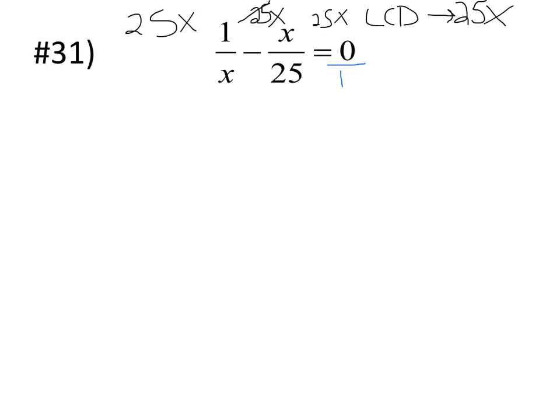Okay. Here the 25's cancel. Here the x's cancel. And in the last part, nothing cancels. So you're left with 25 times 1, which is just 25, minus x times x, which is x squared, equals,